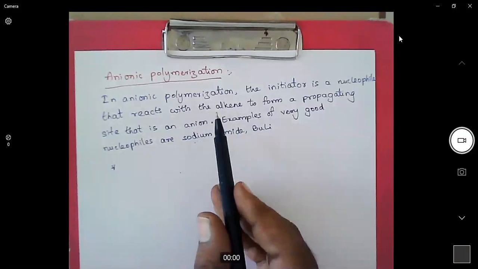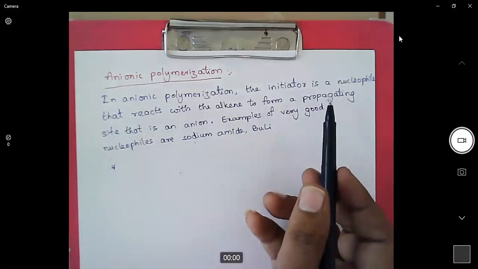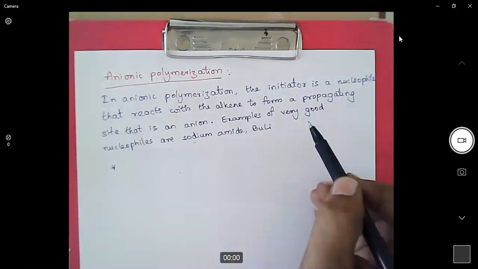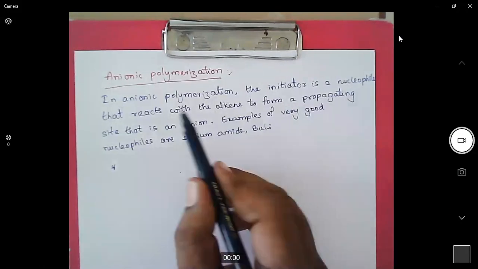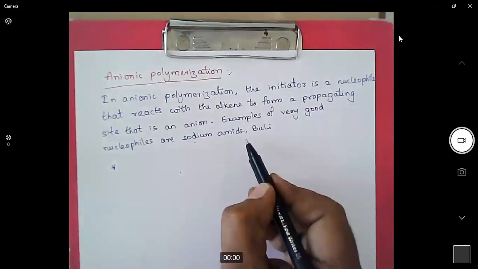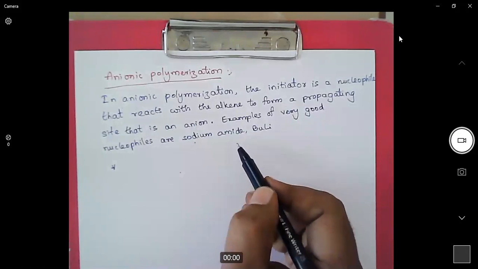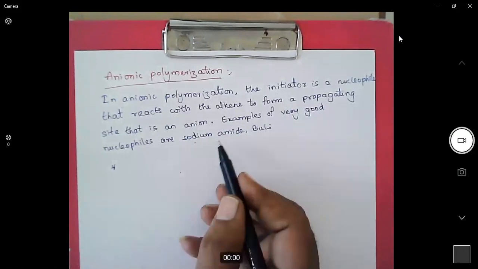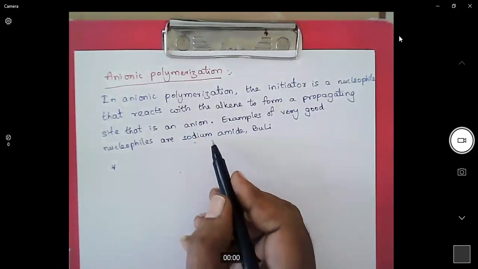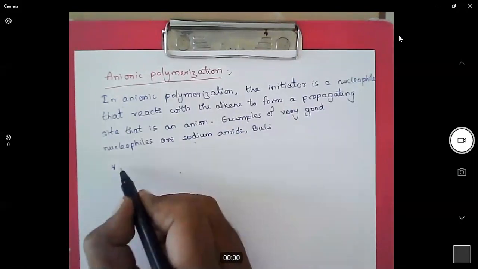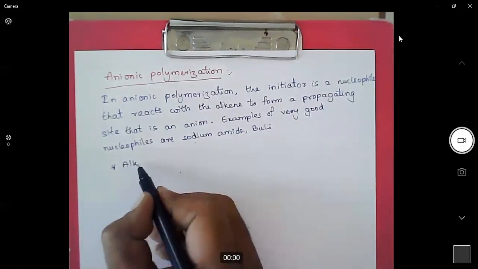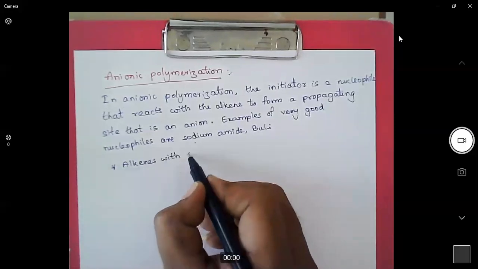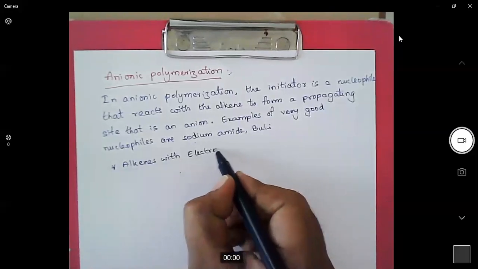In anionic polymerization, the initiator is generally a nucleophile because we need to generate an anion. So a nucleophile reacts with the alkene and it generates an anion. Very good examples of nucleophiles are sodium amide and butyl lithium. These are very strong nucleophiles so that they can easily undergo reactions with the alkenes. Generally, in an anionic polymerization reaction, alkenes with electron withdrawing substituents